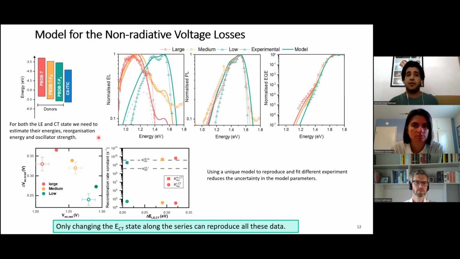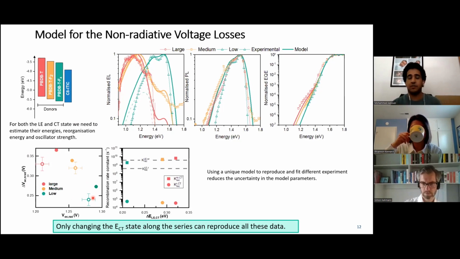And the observation that we had by doing this is that the device that showed the lowest non-radiative voltage losses, and gave the highest VOC at the end, because the VOC rad was also the highest, gave the lowest performance. That was because the JSC was lower as well as the fill factor. So the question was, okay, we can explain the voltage,